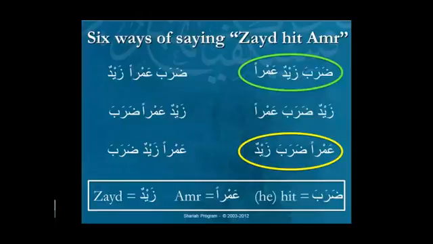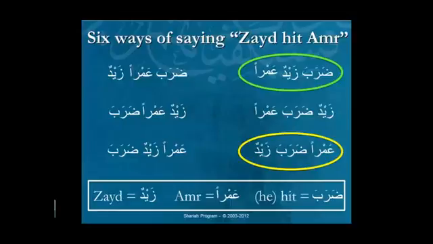It was Amr that Zayd hit. Unless you're speaking like Yoda from Star Wars, because Yoda says Amr, Zayd hit. But then Yoda's restructuring of the sentence is meaningless because he does that everywhere. Isn't that right? So he's reduced the flexibility and restricted himself to one particular sequence, which is unconventional. But at any rate, I mentioned that because there might be some smart pencils thinking about that. So I just preempted that for you.